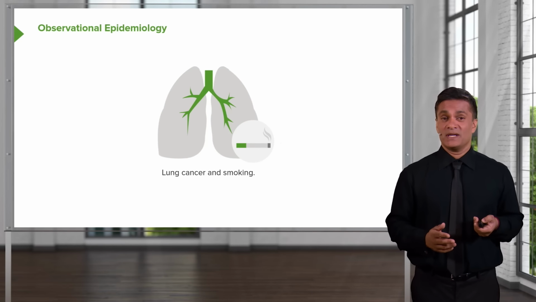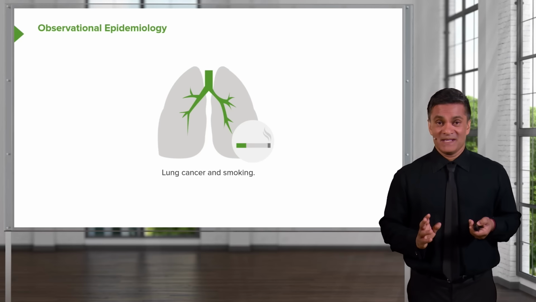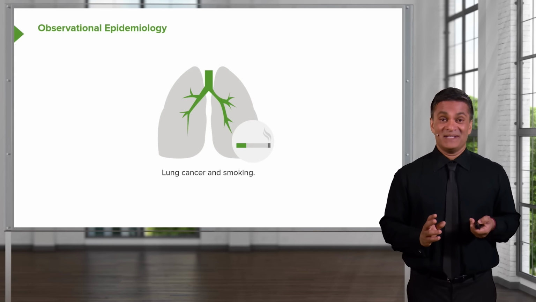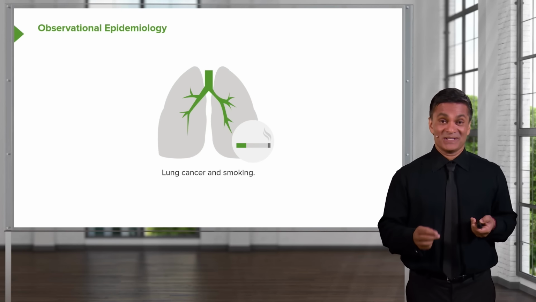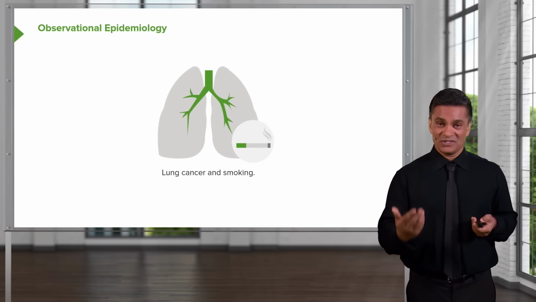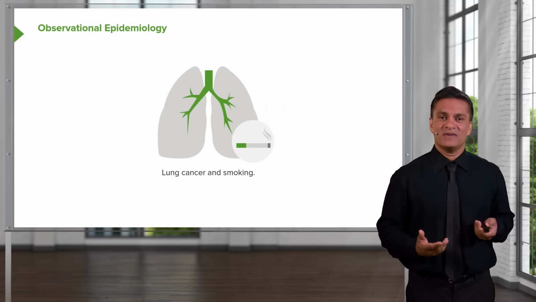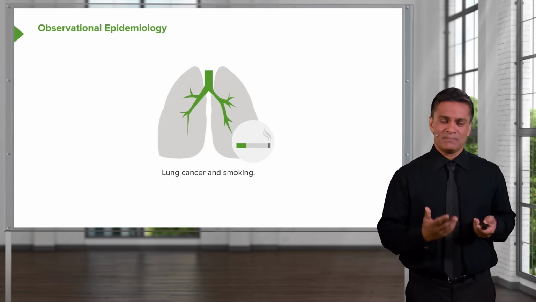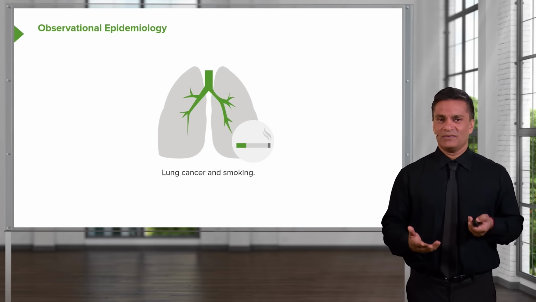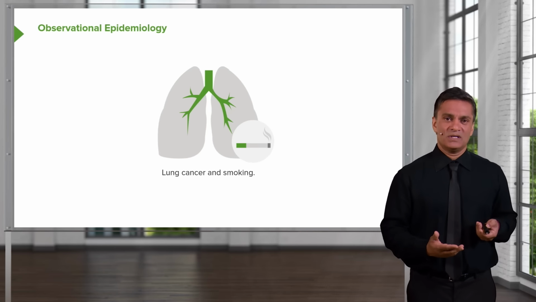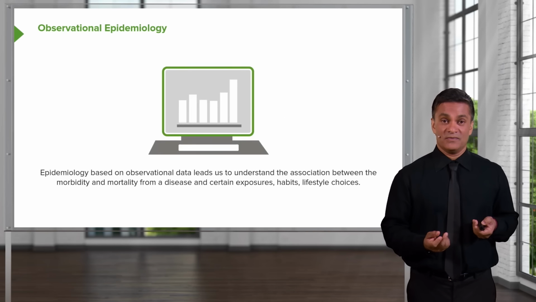Lung cancer and smoking is the classic example. It was fought in courts for many years about whether or not tobacco really was a cause of lung cancer, and we're pretty sure that it is. But in absence of solid laboratory evidence, we had mountains of epidemiological observational evidence showing that people who smoked tended to have lung cancer more so than people who didn't smoke. The power of observation, in many cases, overcomes the need for solid, specific causal information.